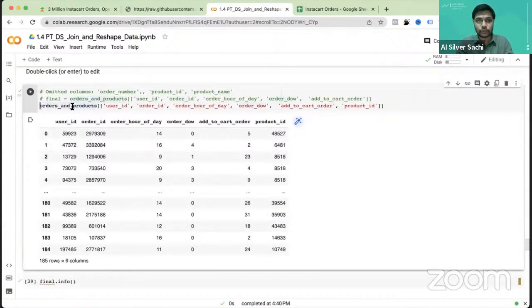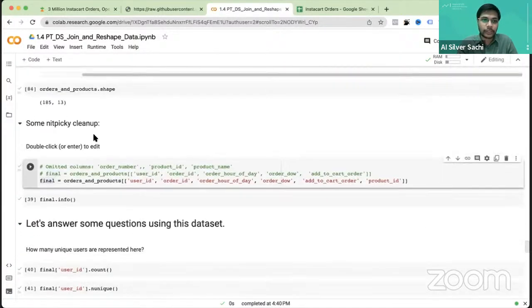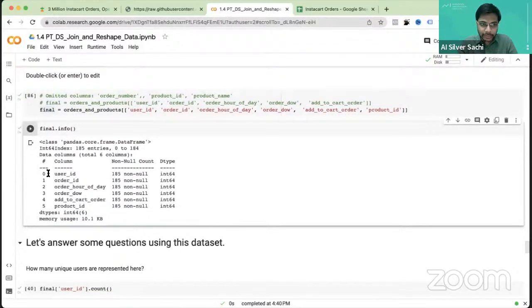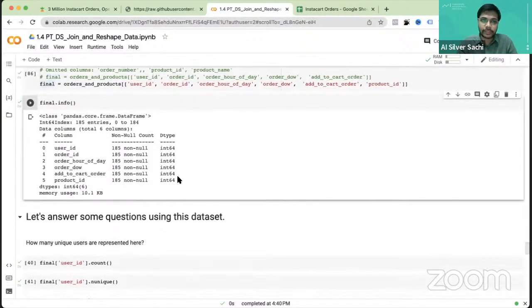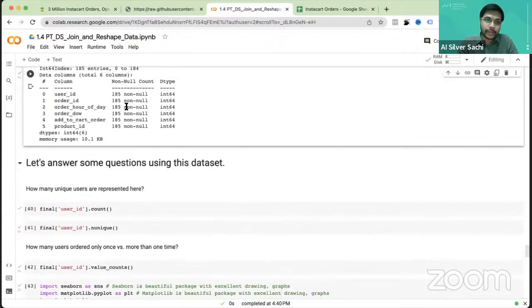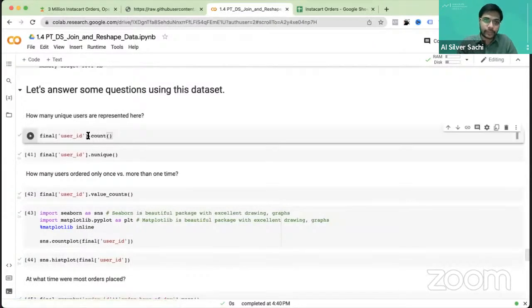To make it easier for us to work with, we are going to name that particular data set as final, and we are going to generate the insights on final, right? So if we go ahead and look at the info of final, it has got these 6 columns, all of them are integer, right? So all numeric data and relevant data we have taken out in the final data set, right? So if we want to generate the count of total user IDs, we've already got the number, which is